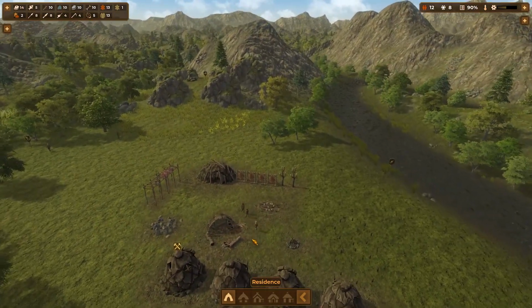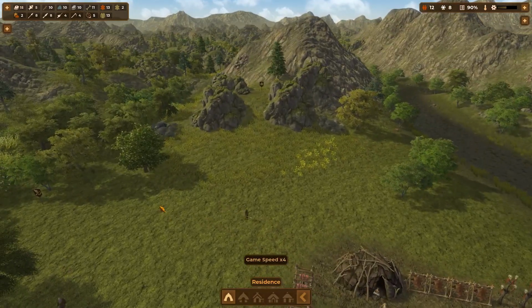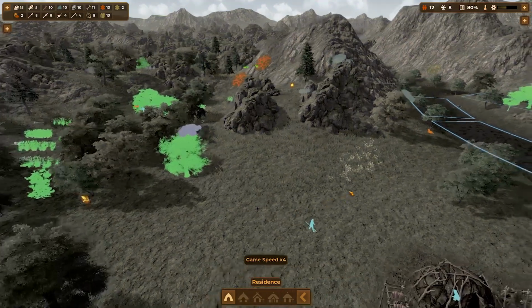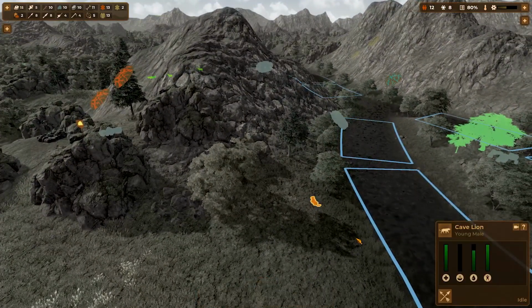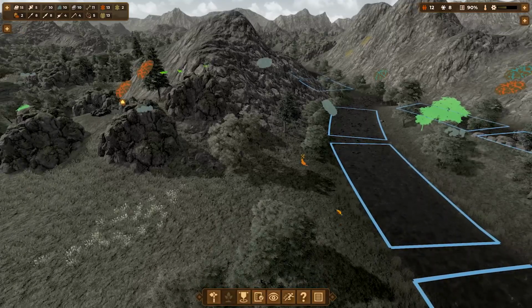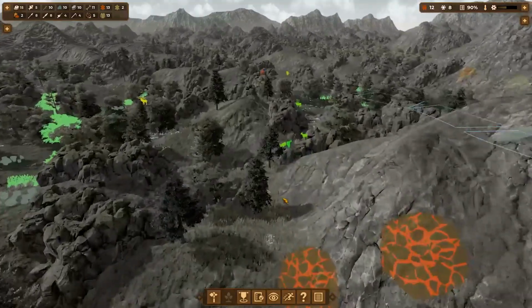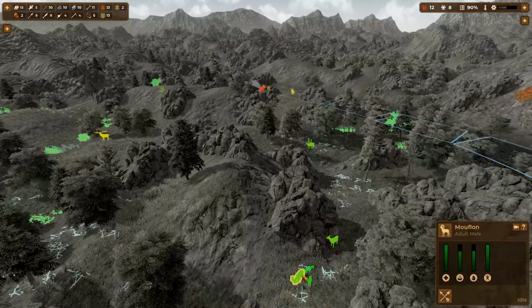All right, so that will get built eventually. And we're going to find another target while they are off there doing that. There is another cave line. We can go ahead and hit that. It's not going to give us any more knowledge, but it will give us some more food. And eventually we can send some people up here to get...